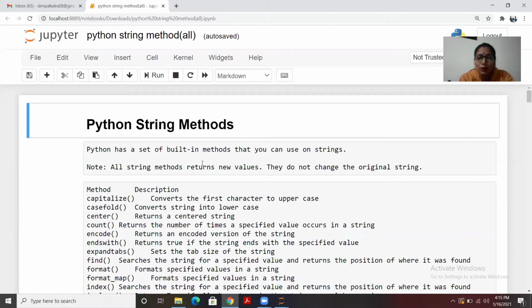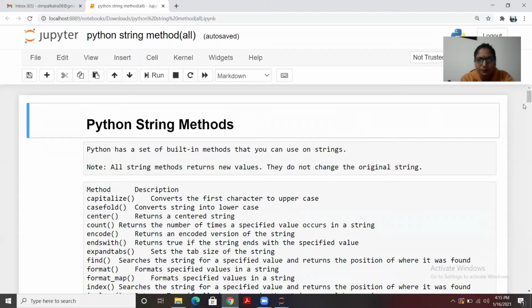When you program, for any programmer, we have to apply most of the string methods in daily life while doing coding. So I'll be covering all these string methods all together today. I'll try to explain as well. Let me go through this.